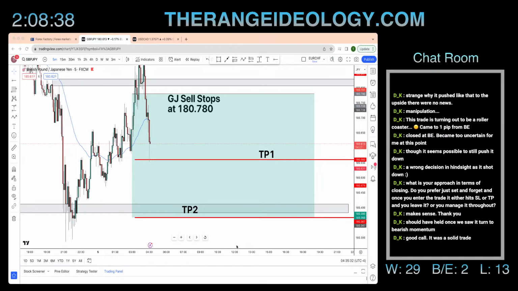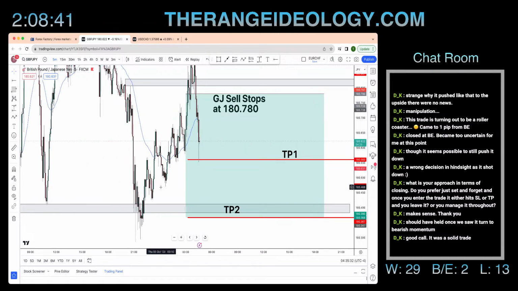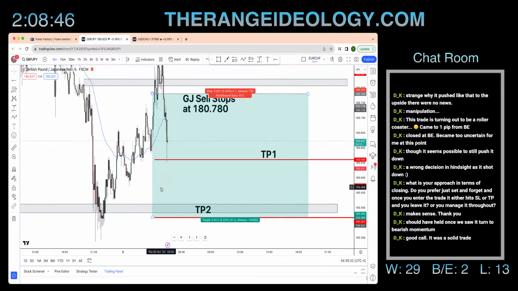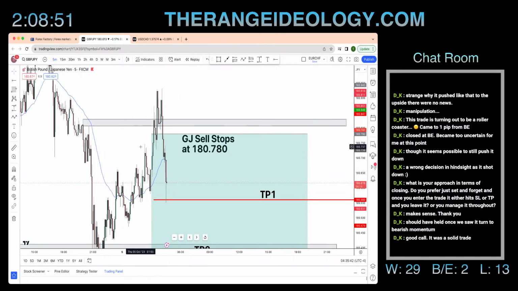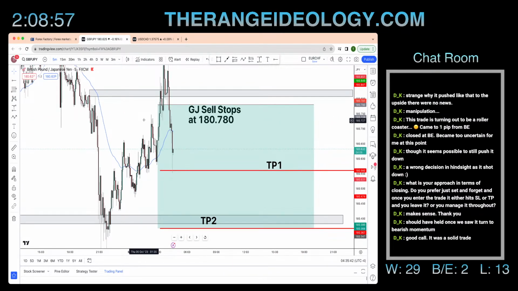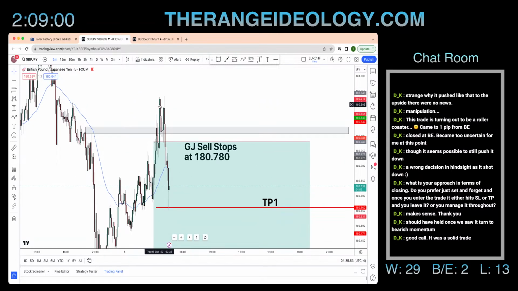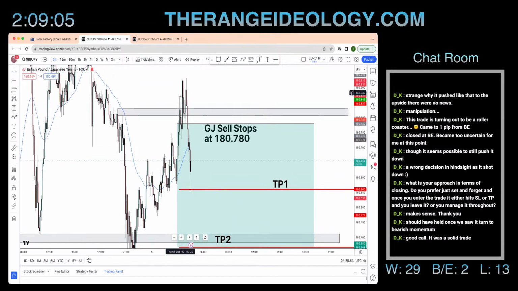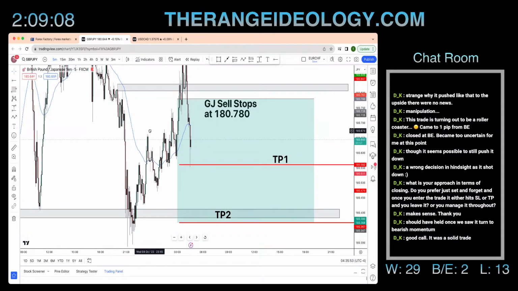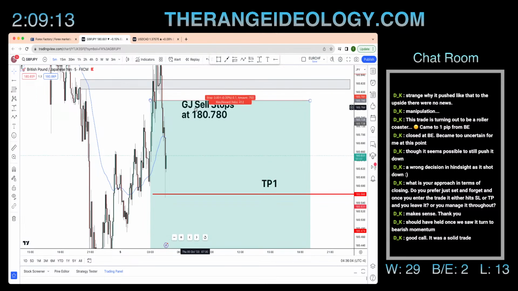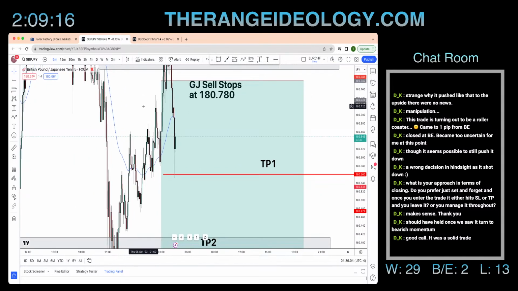Good call. It was a solid trade. Thank you. Appreciate it. But again, from experience, this will get you there, right? So sometimes you can see things because it has happened a numerous amount of times. But again, I'm telling you, even though I held on, through experience and observation of the markets and GJ especially over time, this unusual move right here, again, cannot be explained. So I would still say solid setup, but the uncertainty in this jump on GJ really made me question the setup overall. But nonetheless, lesson learned, and we continue